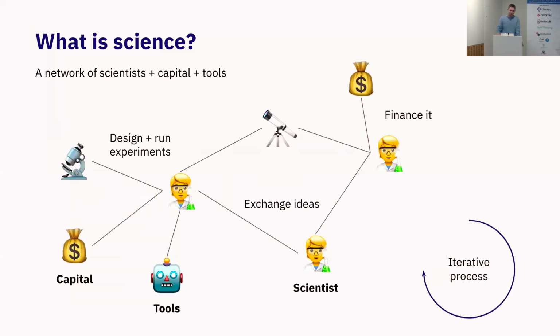When you strip back all of the institutions that we built around it, it really just is scientists working with tools, bringing in capital, designing, running experiments, and financing it all. And this iterative process of experimentation, discovery, sharing knowledge, and so on, is what defines science. And so we might compare this network with the one I had before. There's two things I want to talk about. First is, how do these connect, what creates these connections in the network? So with the Dune network,